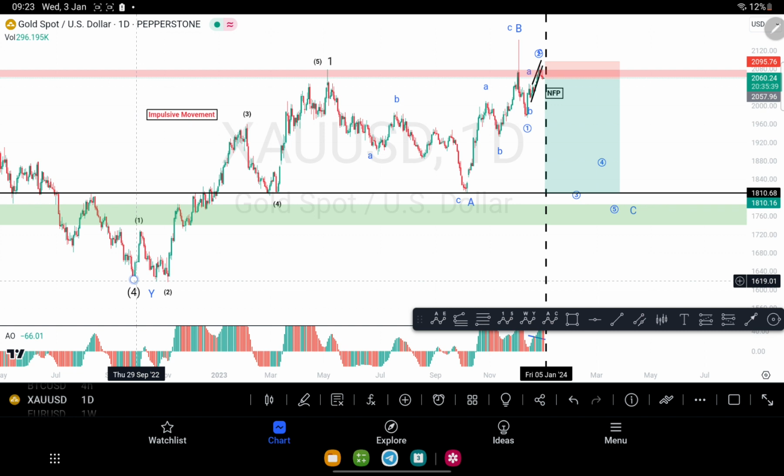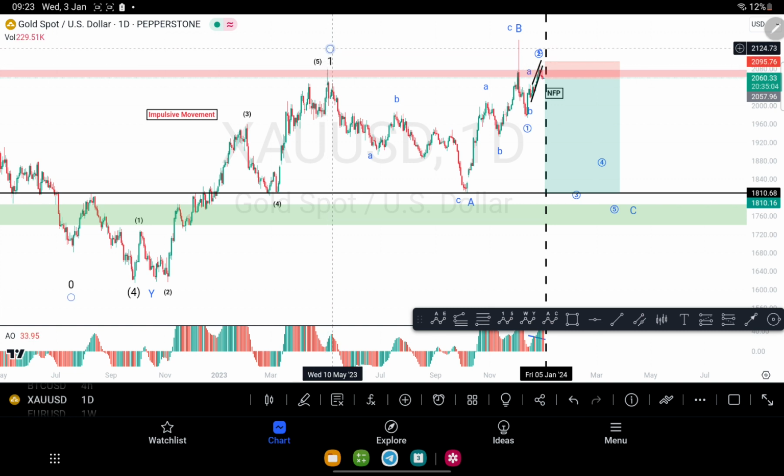As I mentioned earlier, from October 2022 till May 2023, we had an impulsive move, which consists of 5 waves. We had our wave 1, we had our wave 2 that did not manage to break our wave 1, so that is valid. We had our wave 3, which wasn't the shortest wave, so that makes that valid. We have our wave 4 that, if you were to measure using a Fibonacci retracement, did not pass the 50% level, making that valid as well. And then we have our wave 5, which ended in May 2023.